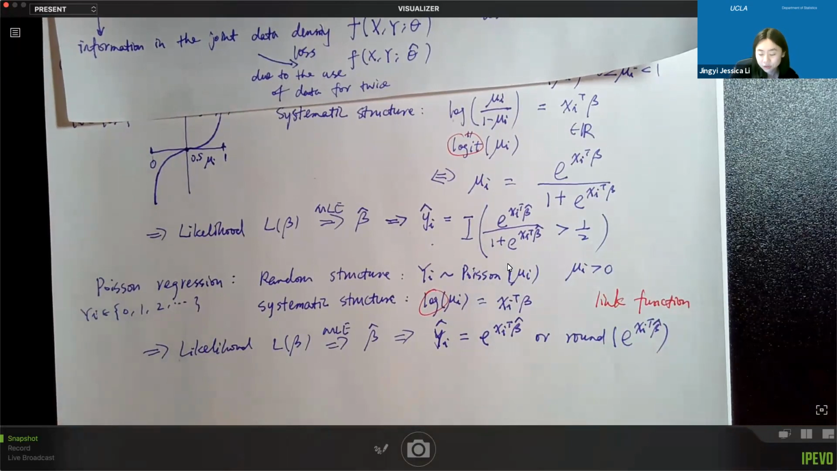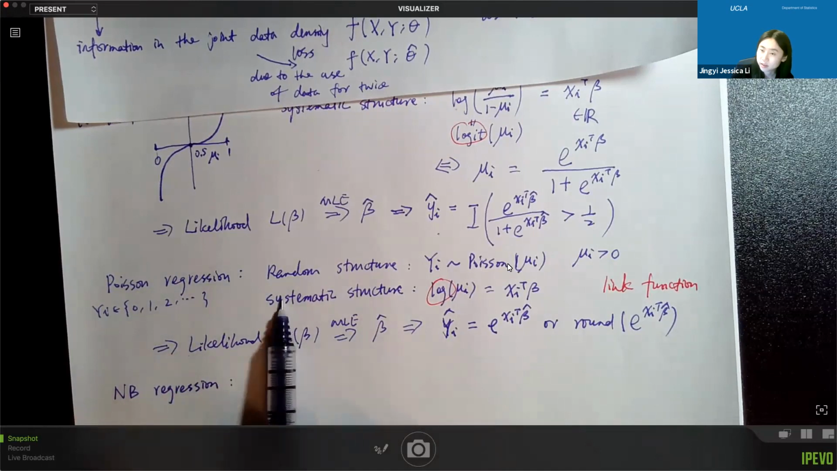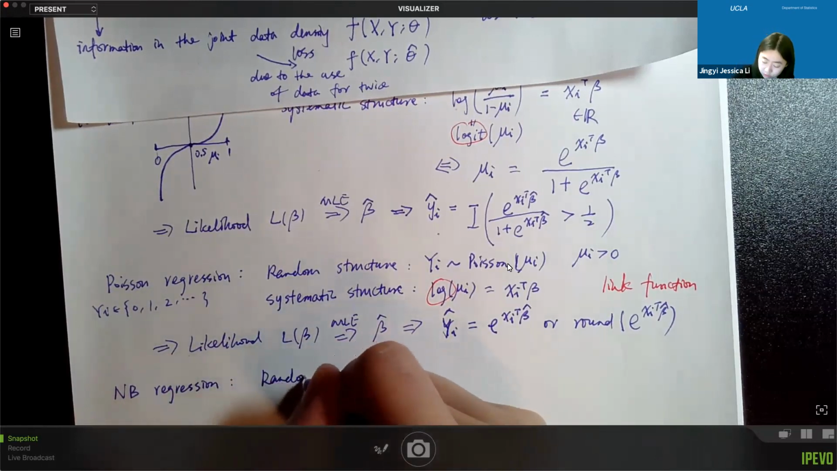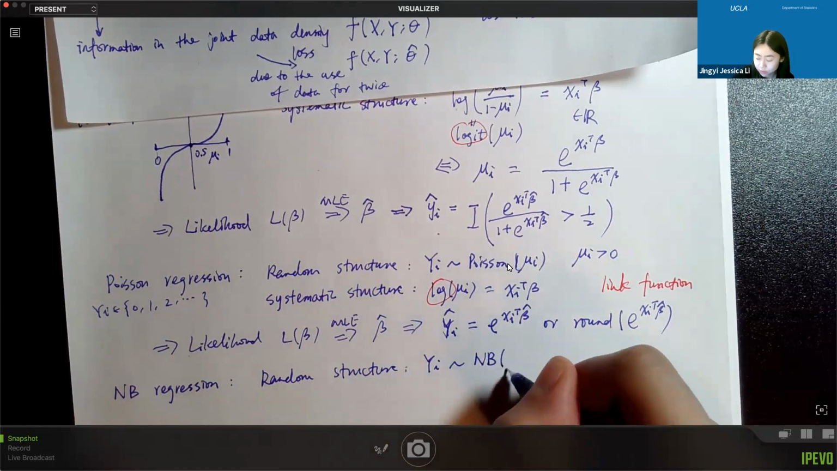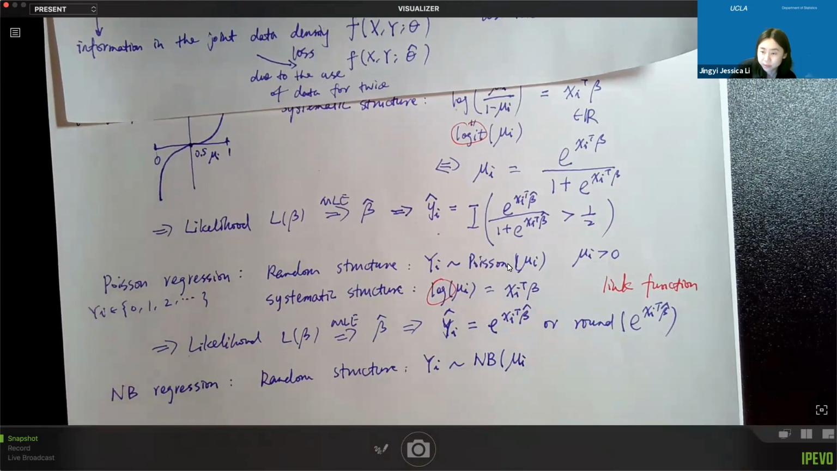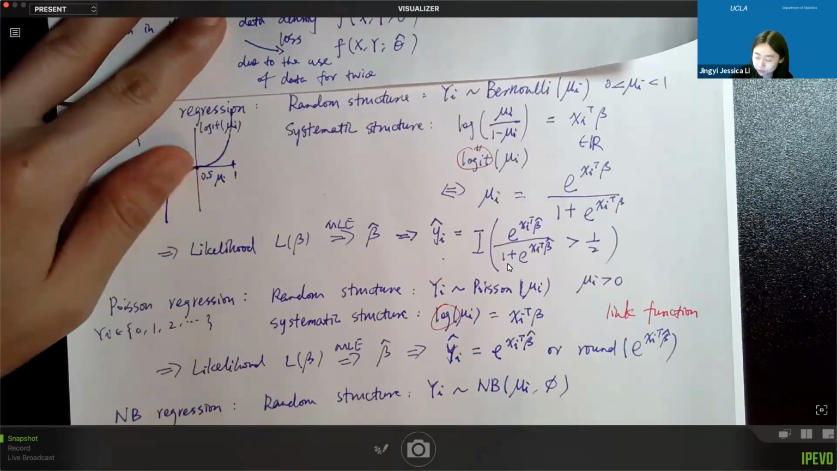And now when I ask you what is negative binomial regression, based on the negative binomial distribution we discussed before, we know that it has over-dispersion compared to Poisson. In negative binomial, the variance could be bigger than the mean, while in Poisson, these two must be equal to each other. So negative binomial regression is very similar to Poisson by just changing the random structure. So now the random structure becomes yi follows a negative binomial distribution with mean mu i, and we also need a variance parameter. But usually people just use a dispersion parameter phi and assume that to be common for all the observations,